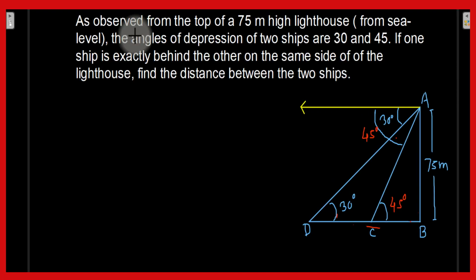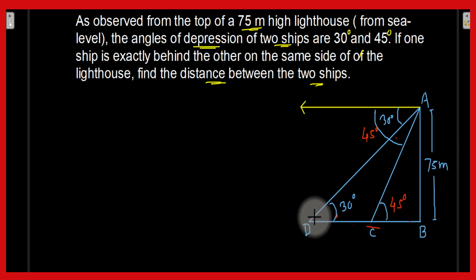Friends, here is the question on the screen. As observed from the top of a 70-meter high lighthouse, from the sea level, the angles of depression of two ships are 30 degrees and 45 degrees. If one ship is exactly behind the other on the same side of the lighthouse, find the distance between the two ships. Friends, here in the question it is given that AB is a lighthouse whose height is 75 meter,